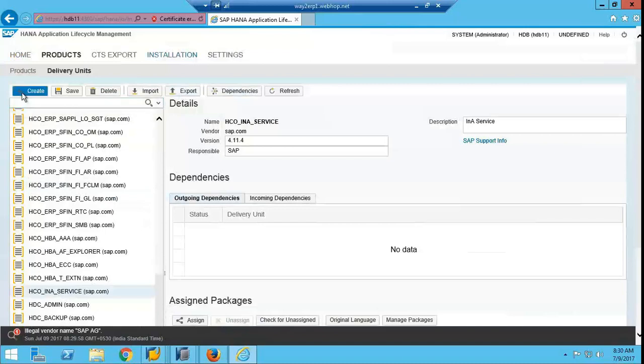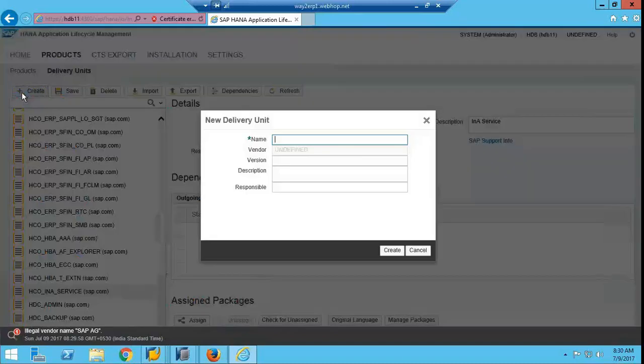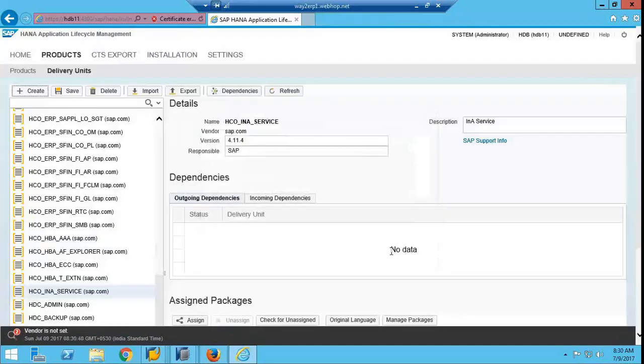You can create a delivery unit. If you want to create a delivery unit, vendor is compulsory. Without vendor, you cannot create. Really undefined, you cannot create, I think. Okay, it's allowed.